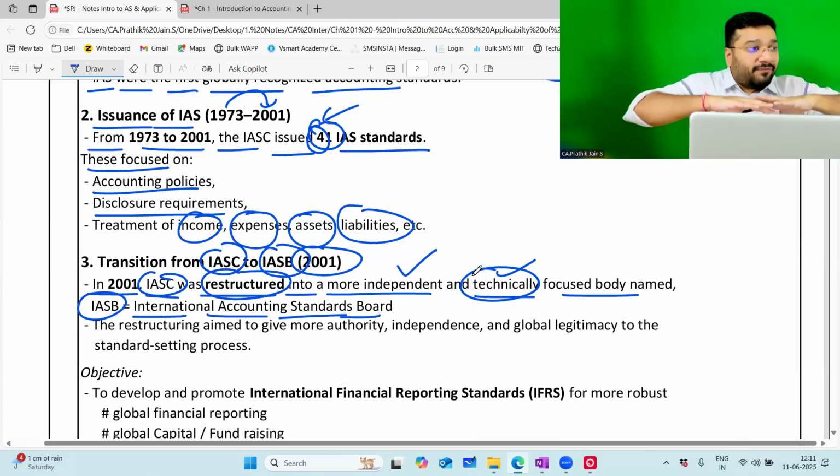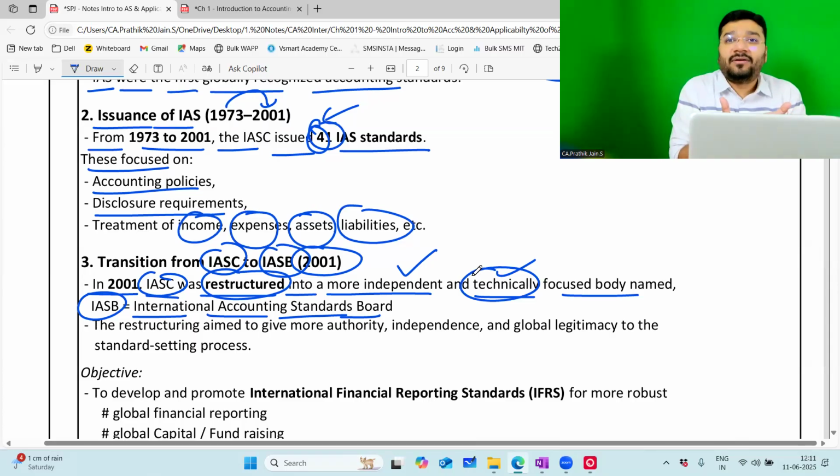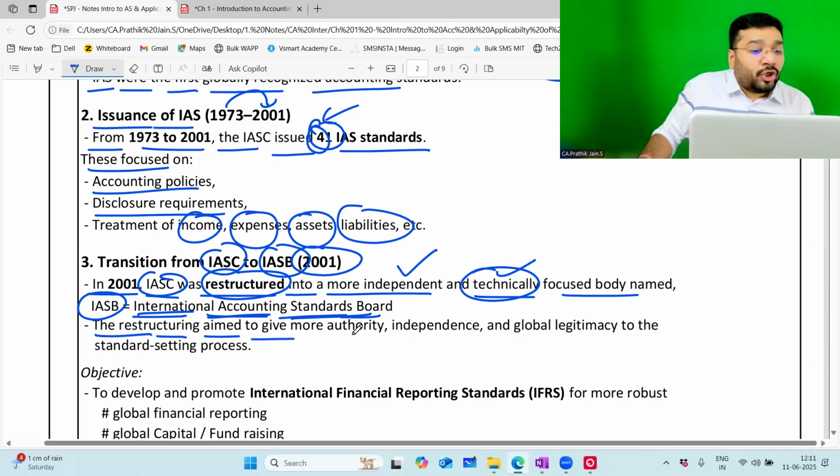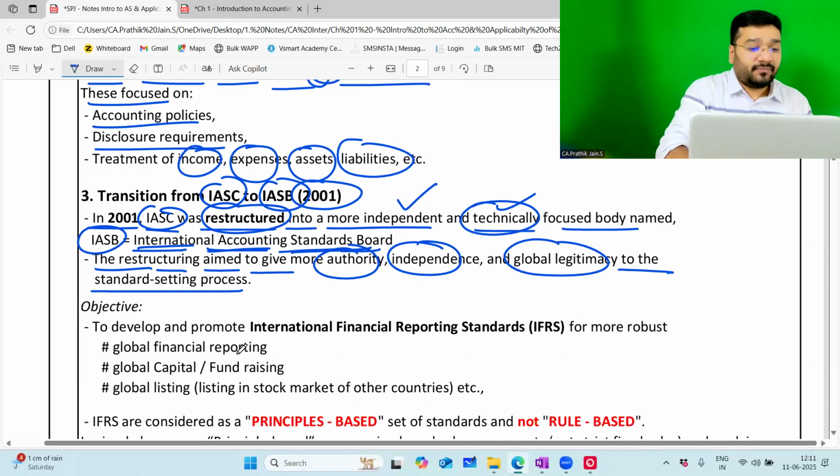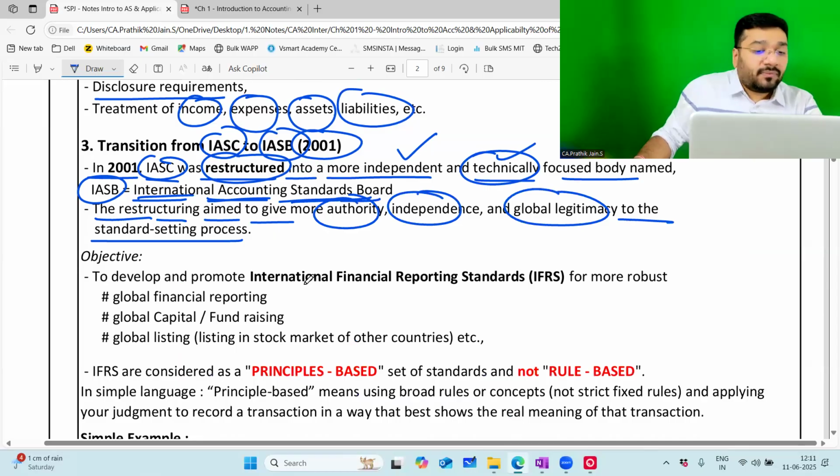So we've robustly changed the entire format or the framework of the IASC, and we call that the International Accounting Standard Board. The restructuring aimed to give more authority, independence, and global legitimacy to the standard setting process. What is the objective of IASB? The objective of IASB is to develop and promote IFRS, which means